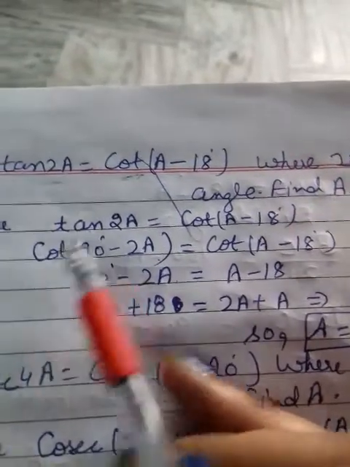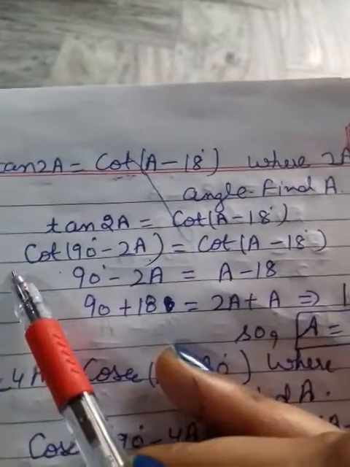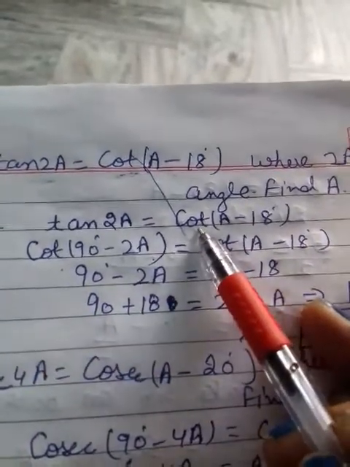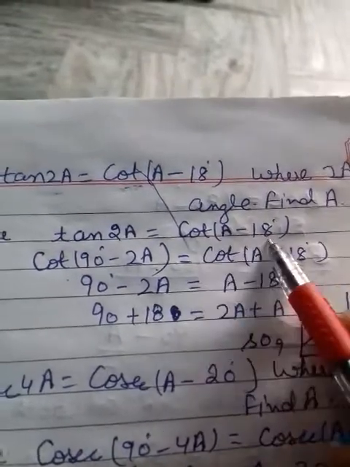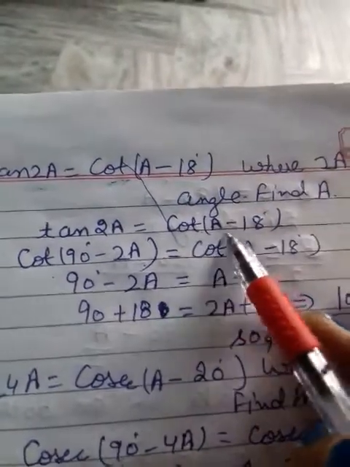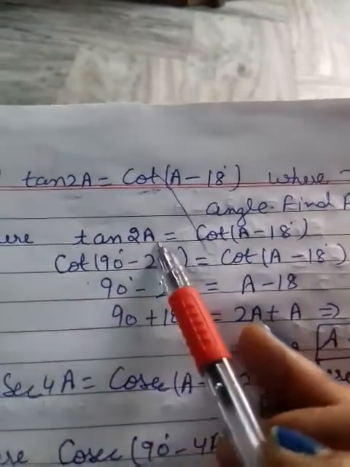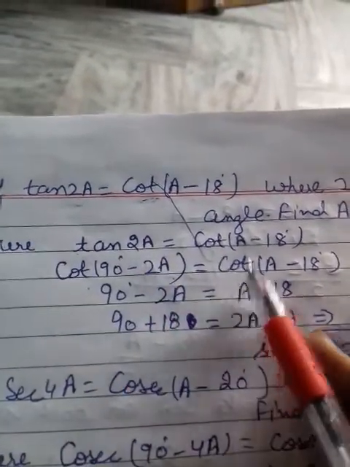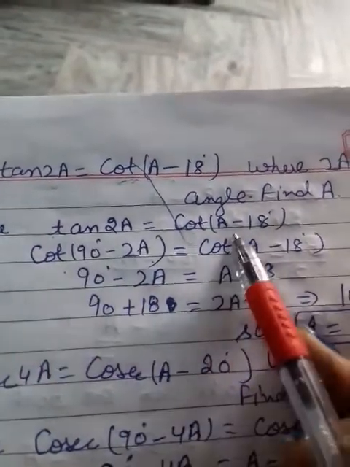Why have I shifted tan to cot? Because I have to remove it. You can change it here also. It means you can make it tan, but because of the complicated function, you have to change the sign whenever you open it. So that's why I changed to cot. Clear? The answer will be the same if you change cot into tan. So these will be cancelled.